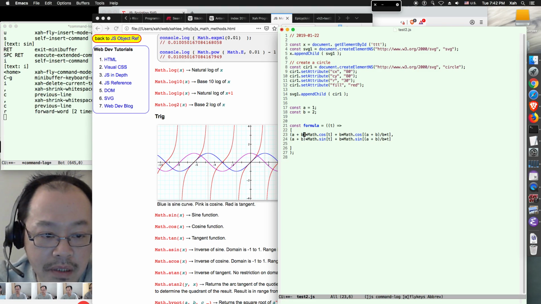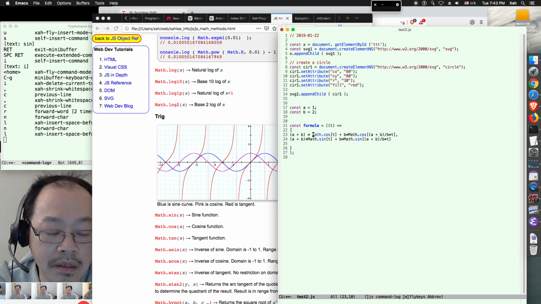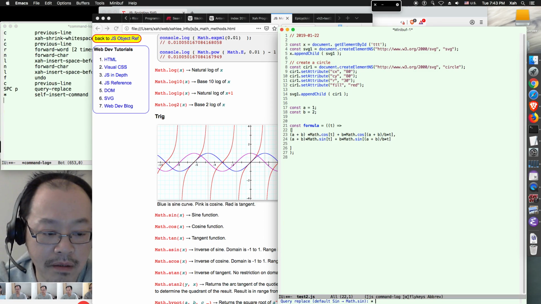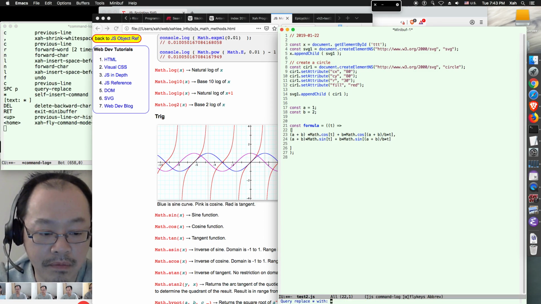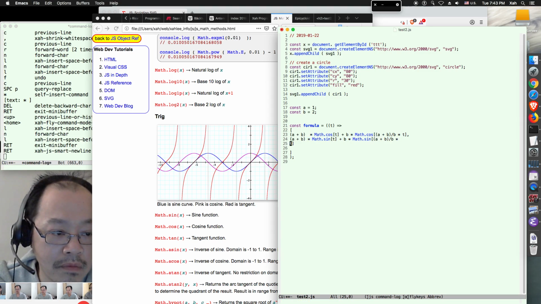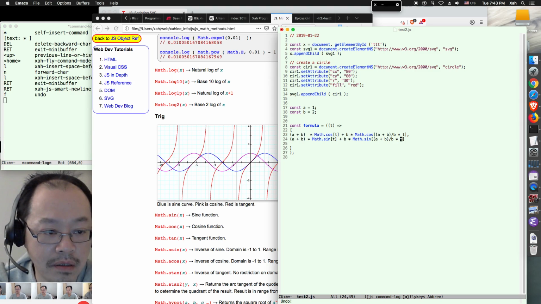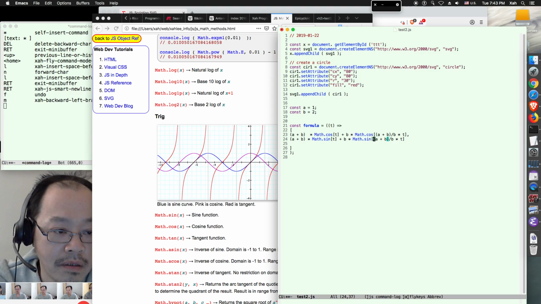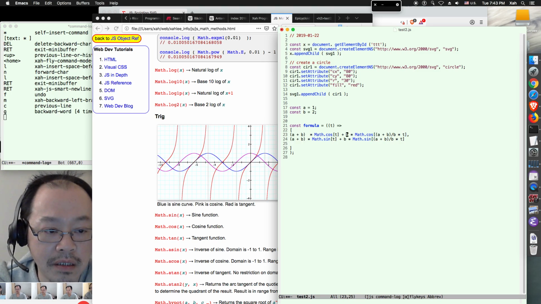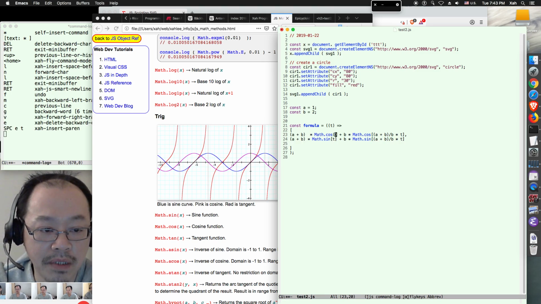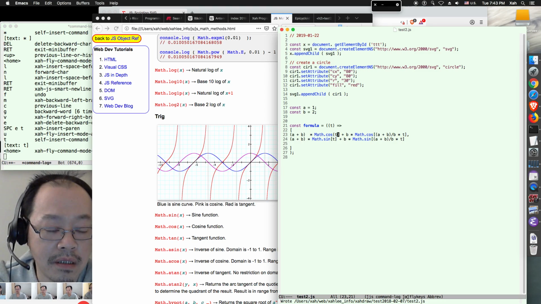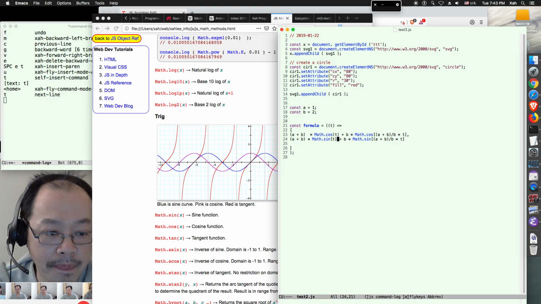So a plus b, math. Let's add a space so it's easier to see. Math cosine t, of course this has got to be t, sine t,